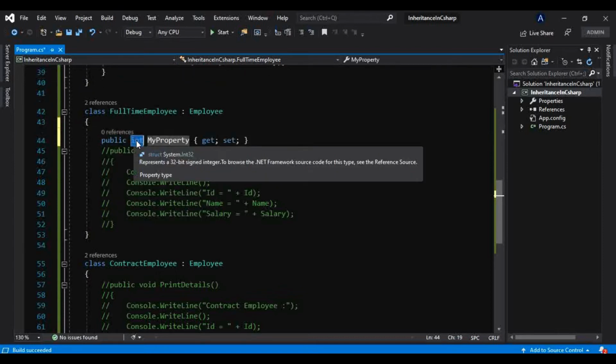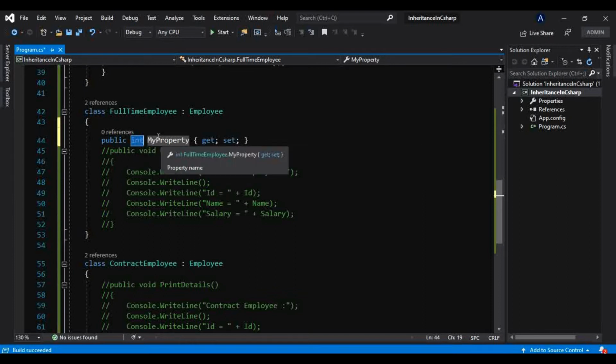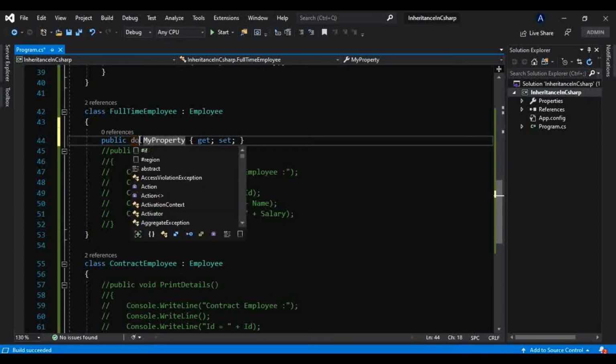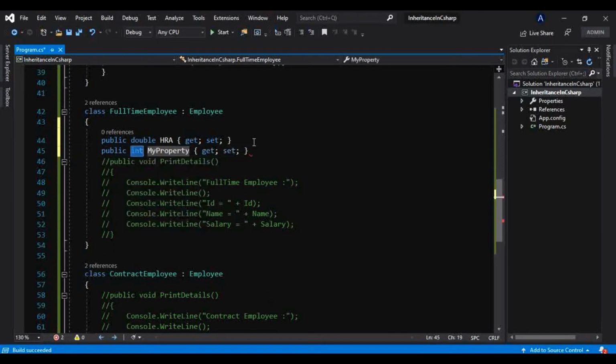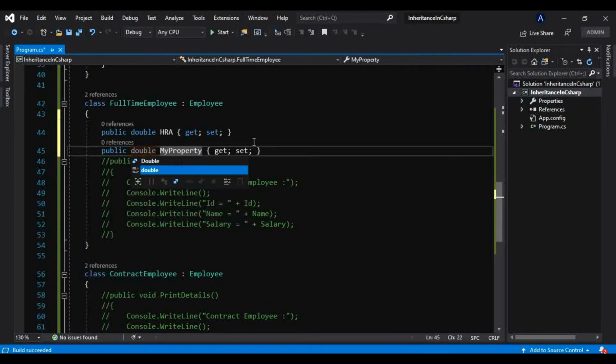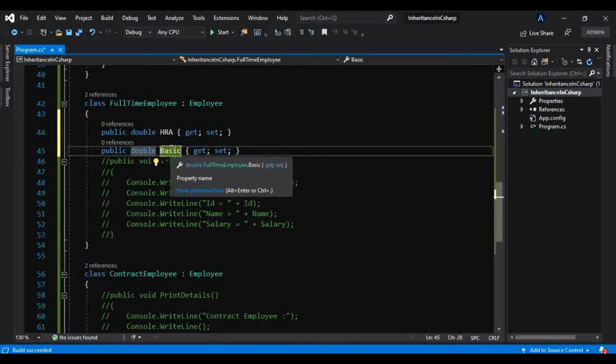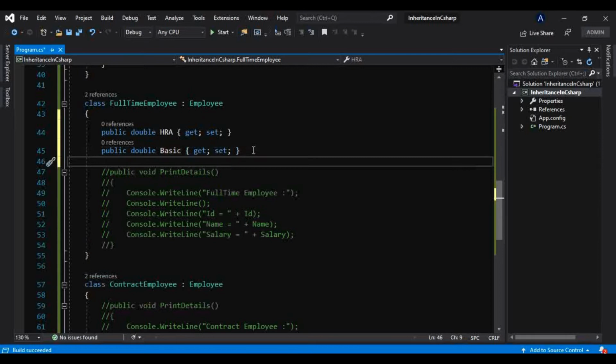For a full-time employee, there can be some data like HRA, some data like basic. Okay, we know the structure of the salary of an employee. There are house rent allowance, basic, as well as PF also. So that we can take here.